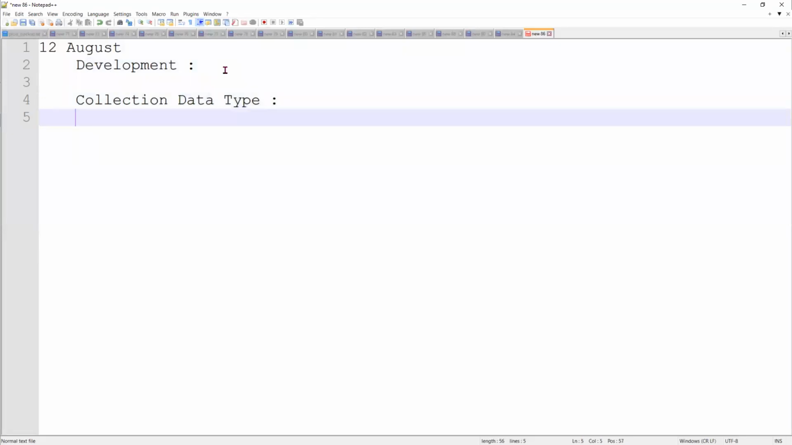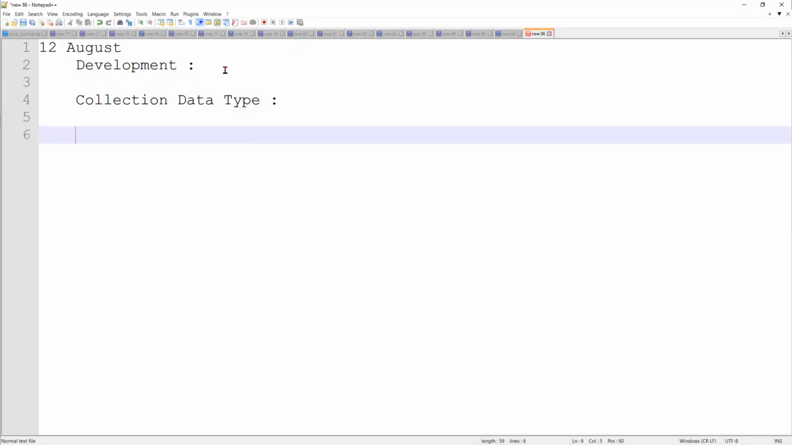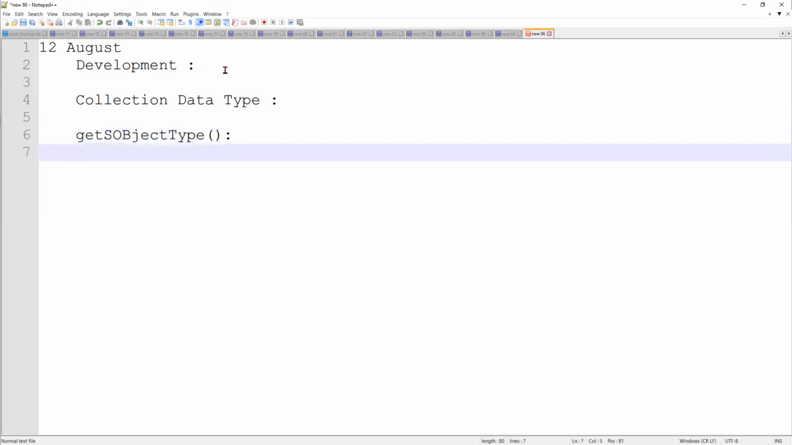In collection data type, there is a method which is called getSObjectType. There is a method called getSObjectType. So what is this getSObjectType? It basically returns